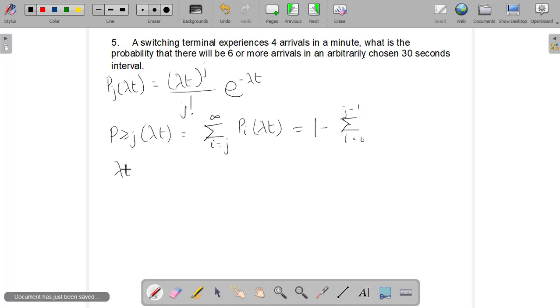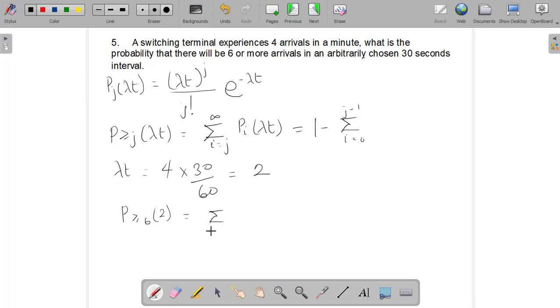That gives us the chance to solve this question. First, we need to find our lambda t, which is essentially the 4 arrivals in a minute times the arbitrarily chosen 30 seconds. So we are finding the number of arrivals you can have within 30 seconds as our average. So we have 30 over 60 times 4, and that gives us 2. So our lambda t is 2. To find the probability of having 6 or more arrivals given a mean arrival of 2,